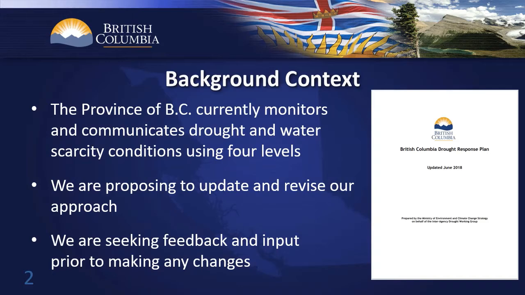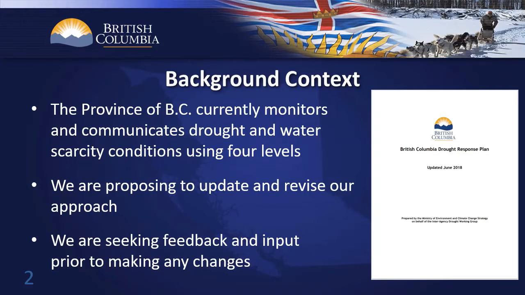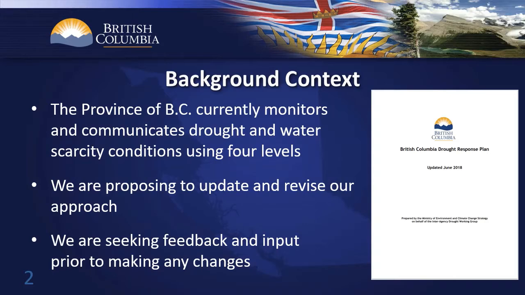So just some background context, BC is prone to periods of drought and water scarcity, typically due to prolonged lack of rain and snow across regions. These events pose risks of impacts on social, economic, and ecosystem values, affecting water users and aquatic ecosystems. Significant droughts in recent memory that affected large parts of the province include the summer of 2009 and the summer